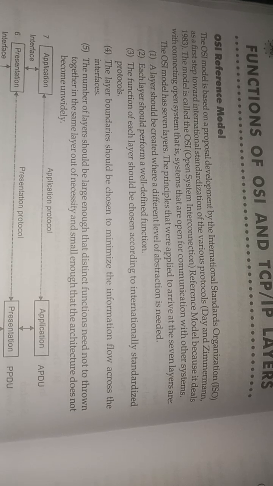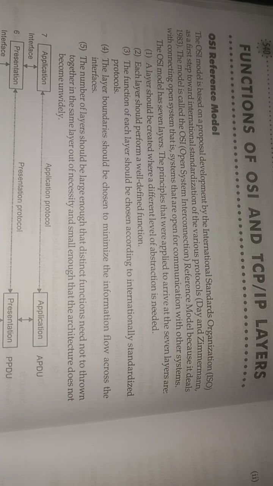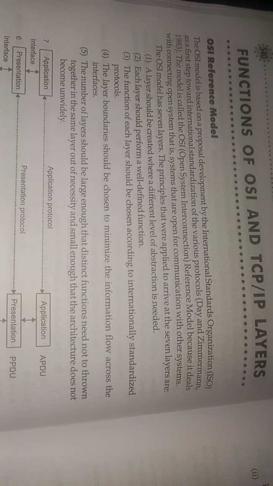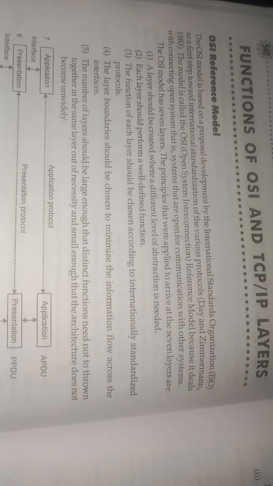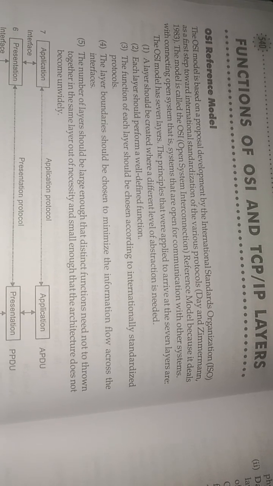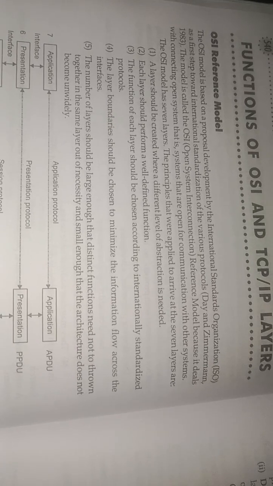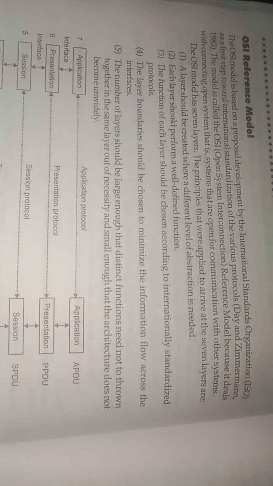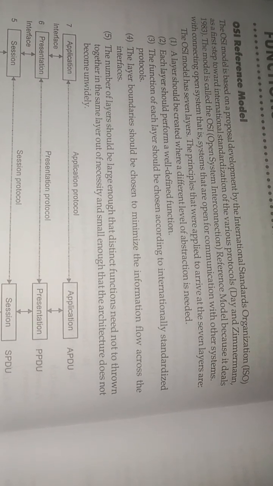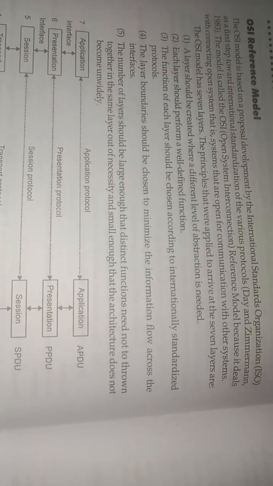OSI, Open System Interconnection Reference Model, because it deals with connecting open systems, that is, systems that are open for communication with other systems. The OSI model has 7 layers. The principles that were applied to arrive at the 7 layers are